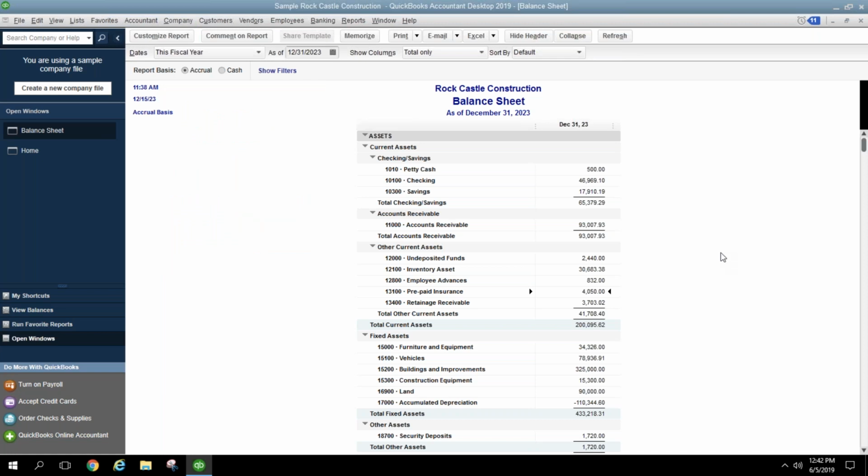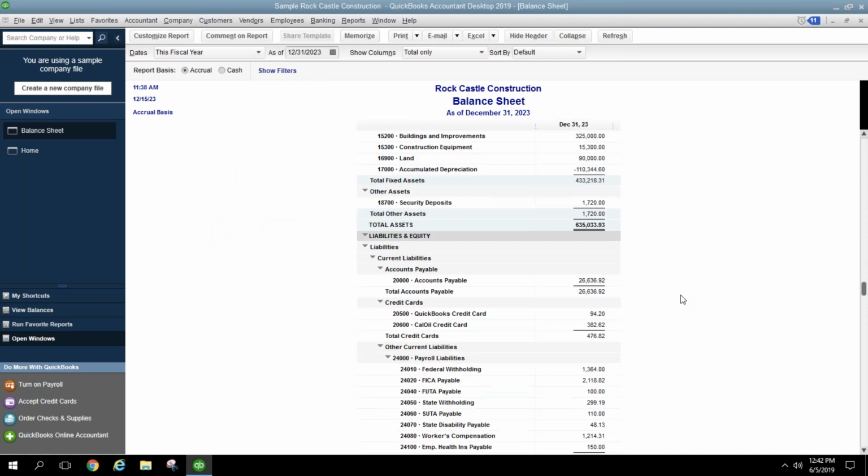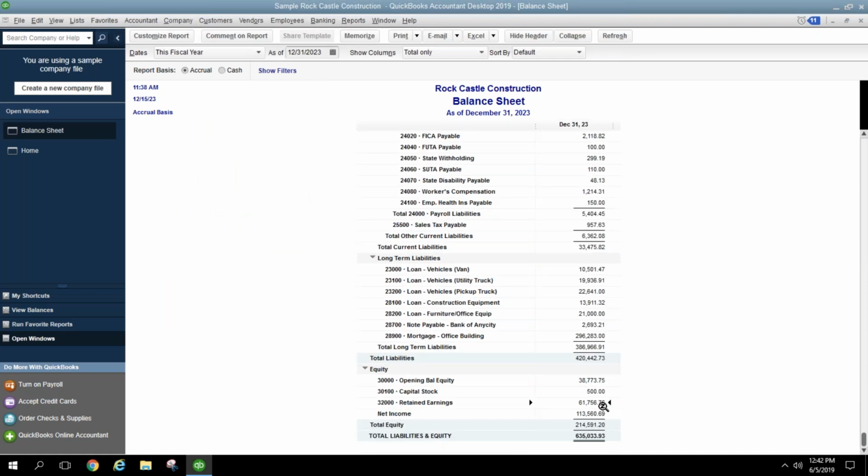Okay, here's a good one. How to adjust retained earnings from a previous year. So if your retained earnings is off from the previous year, that means somebody has made changes to a prior year. And what I find is the easiest way to fix that is to get the trial balance from the prior